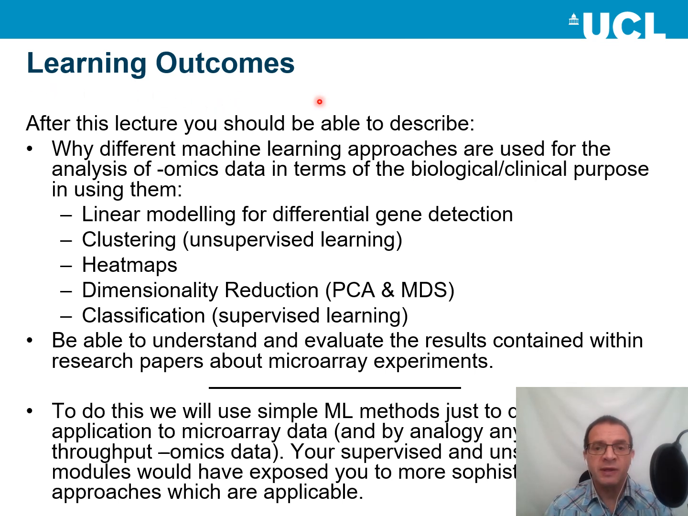I'm hoping after this lecture you'll have a sense of how different machine learning approaches can be applied to omics data and actually understand what the results mean in terms of the biology. So we're going to look at linear modelling for differential gene detection, clustering, heat maps, dimensionality reduction, PCA and MDS, classification, and I'm hoping also it will give you a sense of how to read research papers about applying machine